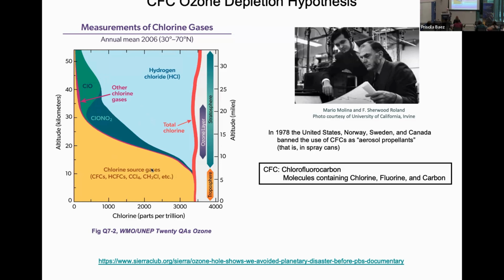They've lost their carbon. Here, the chlorine source gases are all organics. Now, their '74 paper, if you go back and look at it, was sort of like a sketch. It was before we had serious satellite observations, before we had serious computer models. There was a lot of, if we assume this and we assume that. And people knew about chlorine and ozone, published before them, but they were worried about rockets putting chlorine in the stratosphere. So they didn't invent the chlorine and ozone connection. They connected the dots in a very elegant way. And it's amazing because a lot of the assumptions they made in their paper turned out to be true.